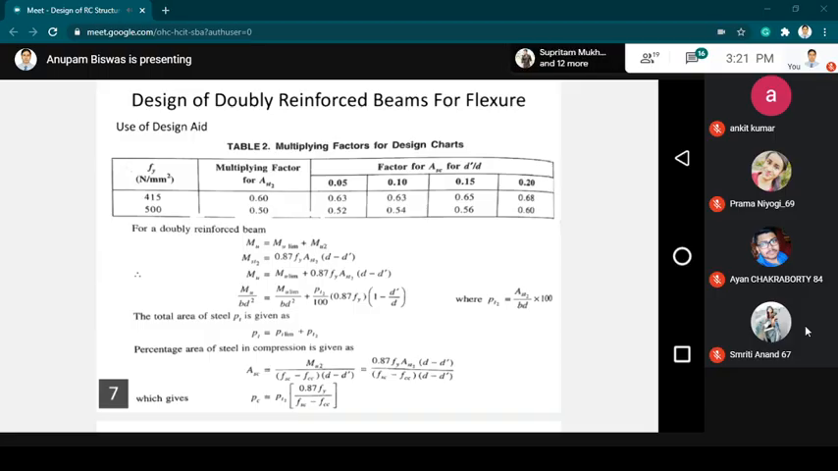Okay, so this actually is obtained by the plot against d minus d dash. Okay, for the value of Mu2, for consecutive value of your grade of steel. So this table is actually obtained from the design curve. Okay, and for the different values of d and d dash, that is obtained from the design aid charts 19 and 20. Okay, from there,